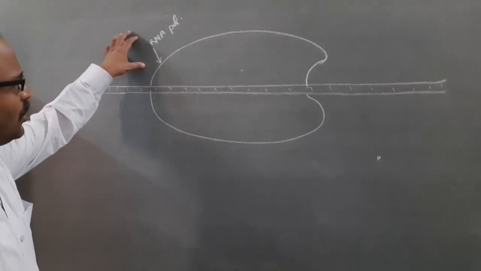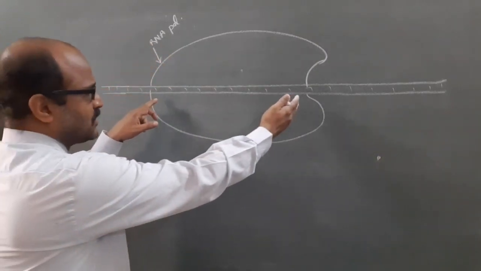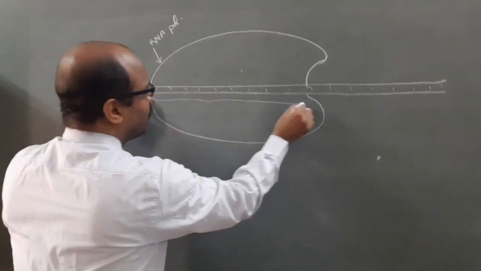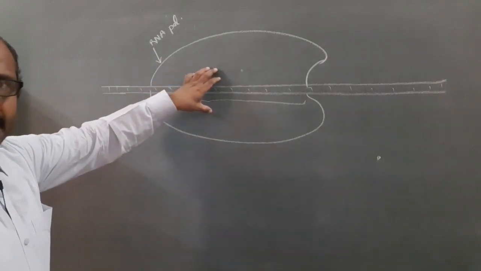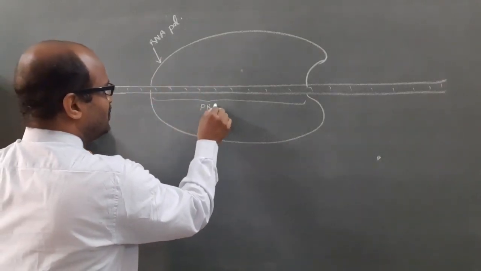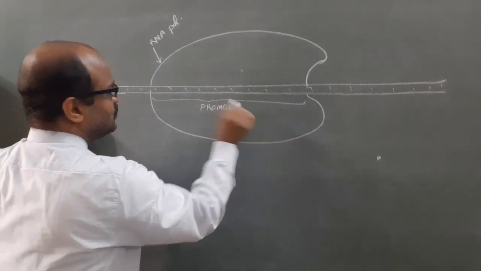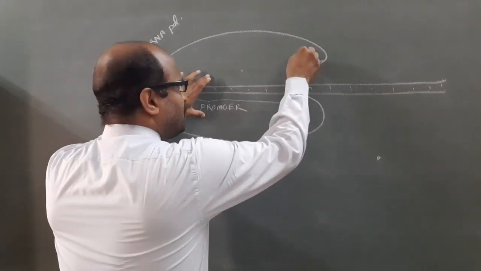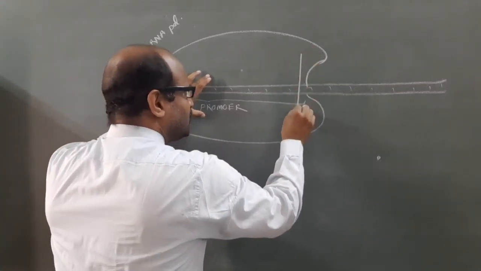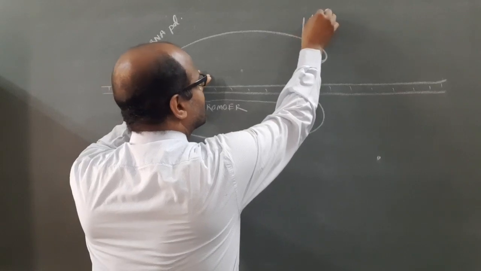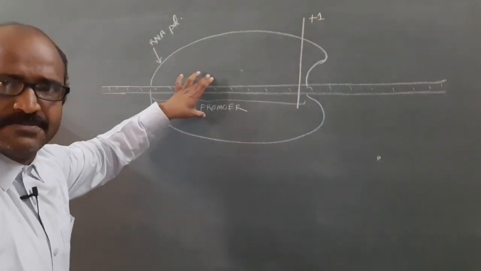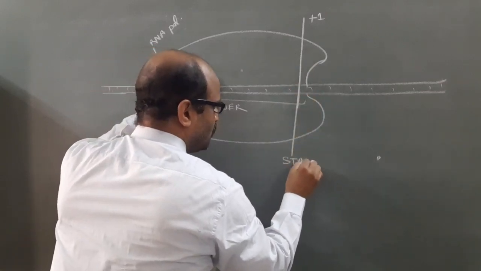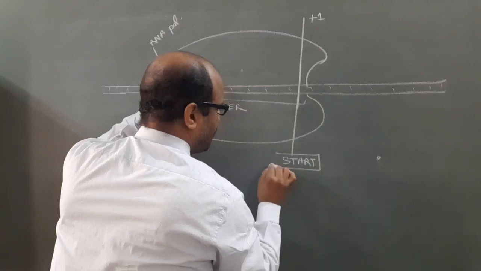So RNA pol already binds some special sequences on DNA, and this site on which RNA polymerase enzyme binds is known as the promoter region. This is also the site from where the transcription process will start, which is represented as +1. So this is known as the start point or the start region.